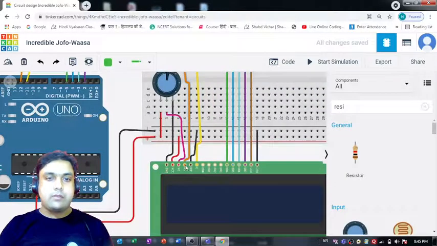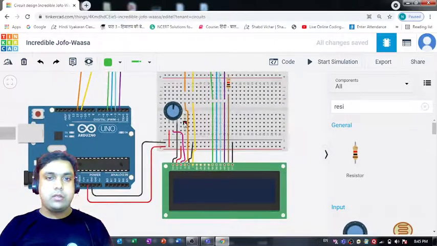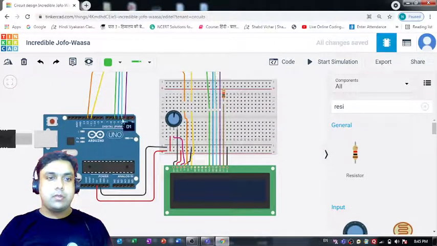So this RS, I have connected it with the pin number 12, that is absolutely fine. This enable pin, I have connected it to the pin number 11, right? Is there anything which we are missing over here?